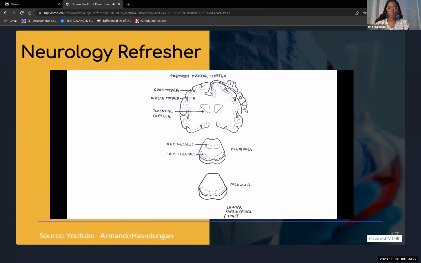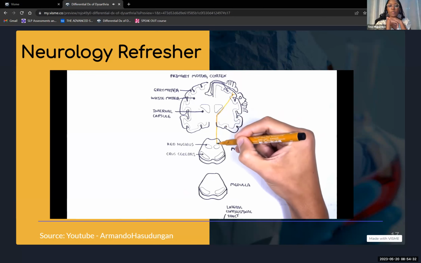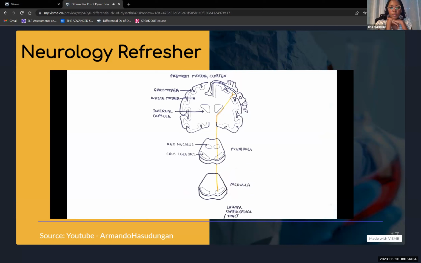The upper motor neurons arise from the left primary motor cortex, pass through the internal capsule, through the brainstem, passing the crus cerebri, passing through the pons, and then passing through the medulla, the area called the pyramids. Hence, it's called the pyramidal system. The vast majority of upper motor neurons that project from the motor cortex to the spinal cord are contained in the lateral corticospinal tract. The neurons that travel through the lateral corticospinal tracts will cross over at the medulla